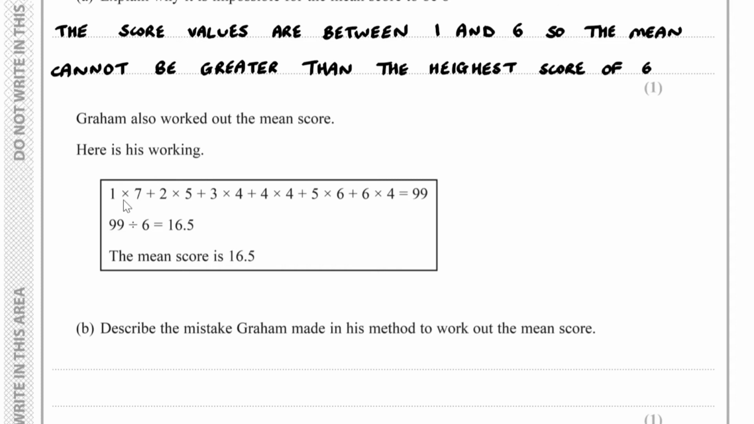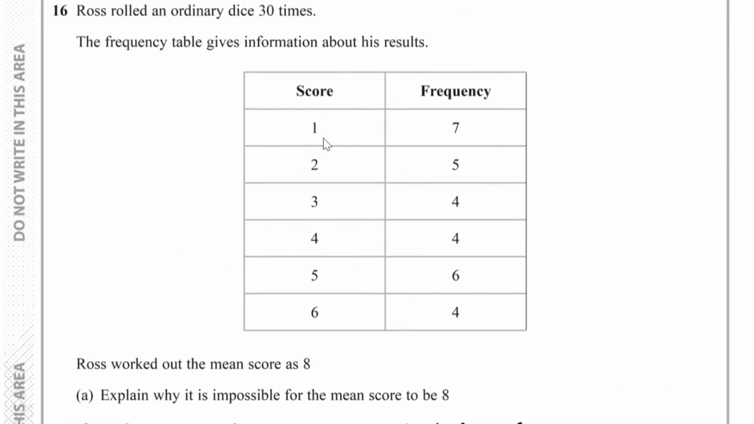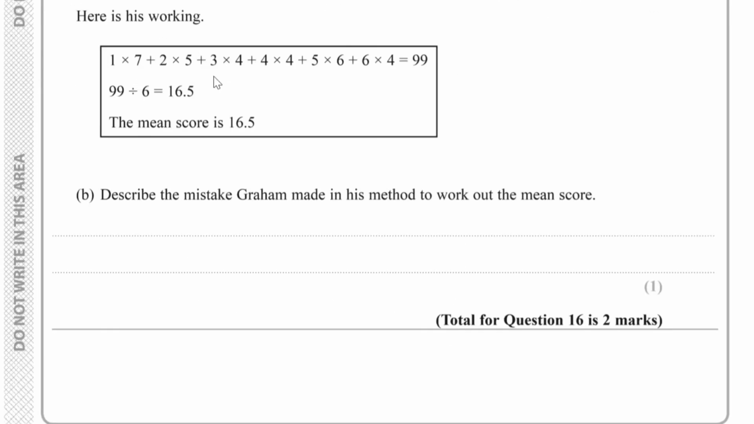His working, so he did 1 times 7 plus 2 times 5 plus 3 times 4 plus 4 times 4 plus 5 times 6 plus 6 times 4, which is 99. That bit's correct. We multiply the score by the frequency, so we've got 7 with a score of 1, 5 with a score of 2, 4 with the score of 3, 4 with the score of 4, 6 with the score of 5, and 4 with the score of 6. So you added those